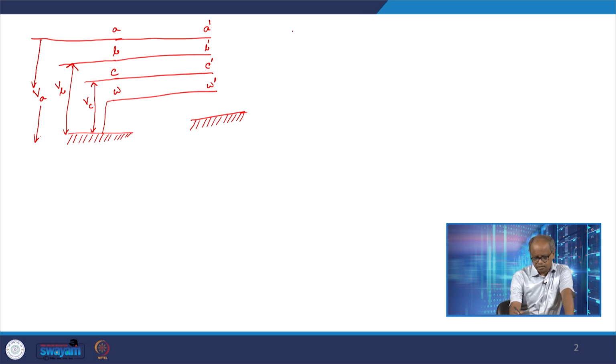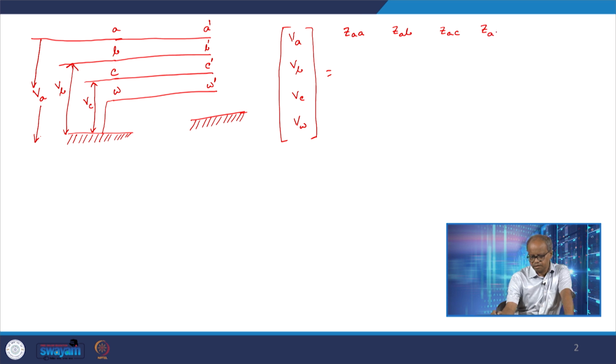After that we can write down the following equation: VA, VB, VC, VW is equal to ZA, ZAB, ZAC, ZAW,